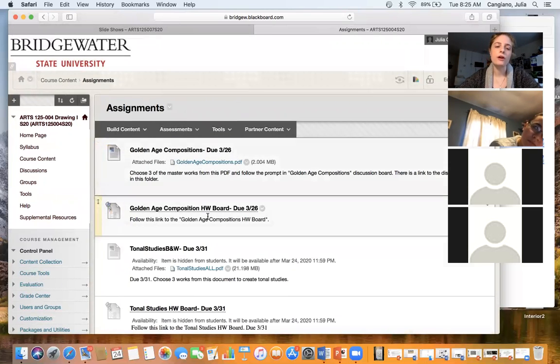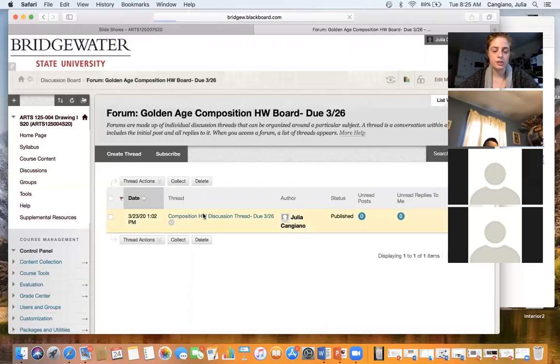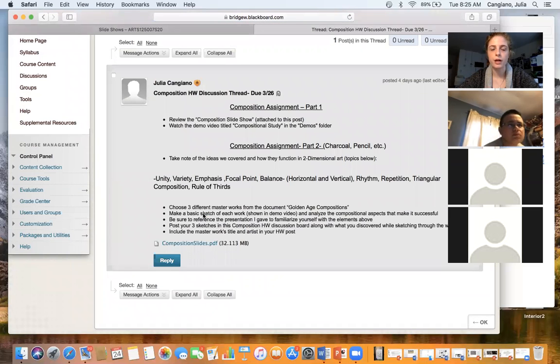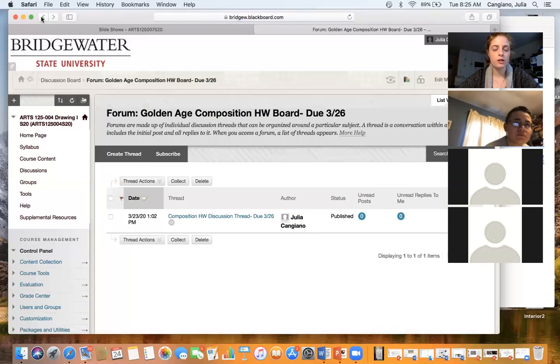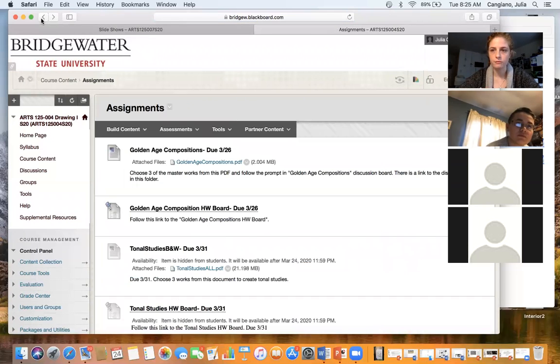No, they're related, and once you click into them and read the little blurb that I've written, you'll see that this one is just a document, so you'll just have to read through that document and respond. And this one's just a direct link to the homework board, so this is where you'll post your homework. I'm trying to streamline this process a little bit because I know it's a lot of clicking, but I've dated and labeled everything, so hopefully it will just be a game of matching up the titles and the dates.